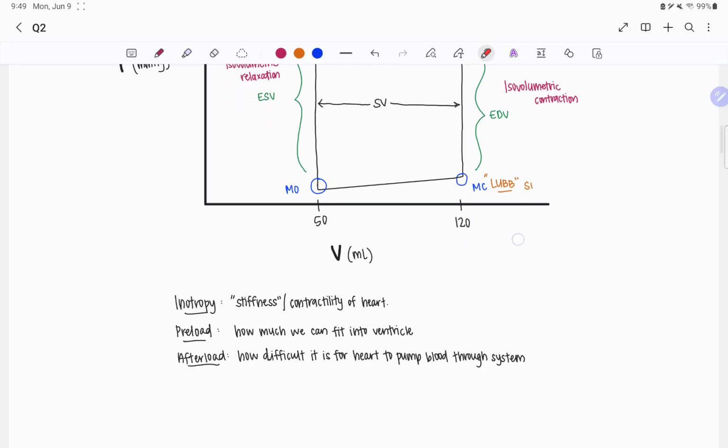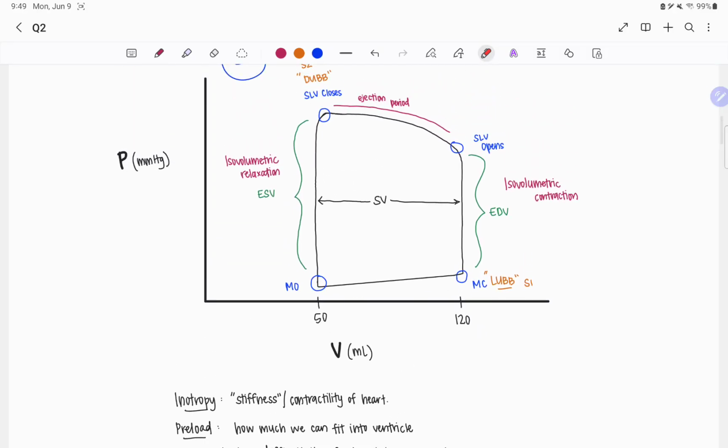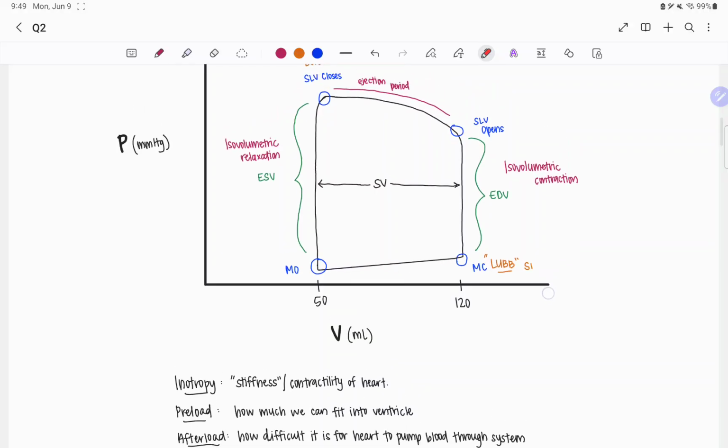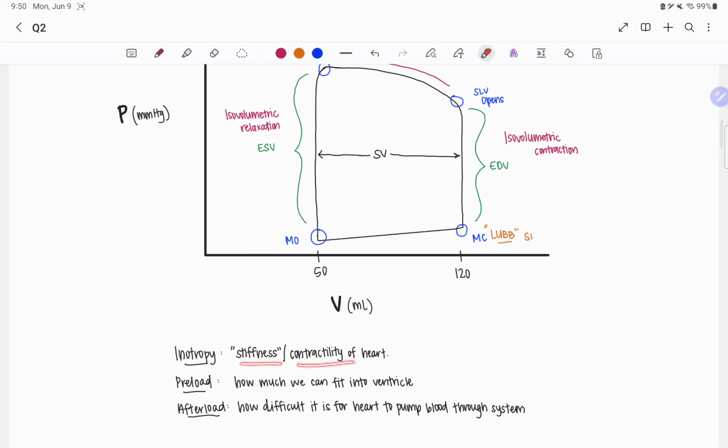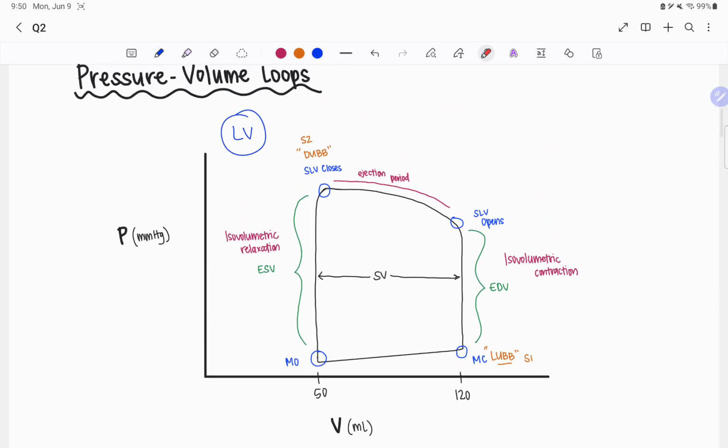Inotropy, preload and afterload. The way that we look at these, inotropy is the stiffness or the contractility of the heart. So what we're dealing with in inotropy is the amount of calcium, right? Because calcium is always linked with muscle contraction, and the heart is just a great big muscle. Okay, so if we have more calcium, then we're going to have more stiffness, more contractility. If we have more stiffness or more contractility, then this line right here is going to steepen, because